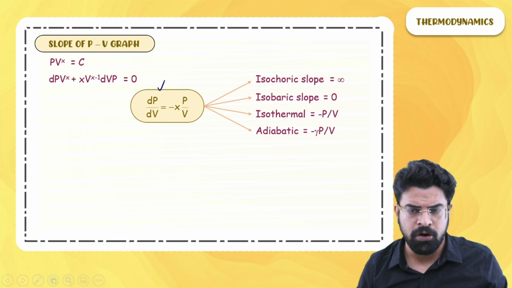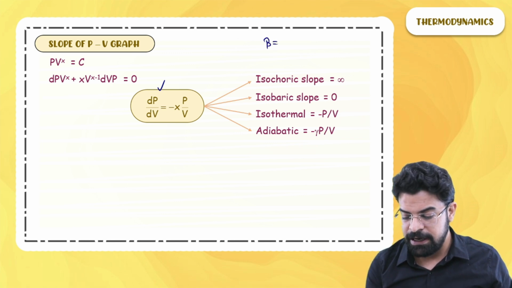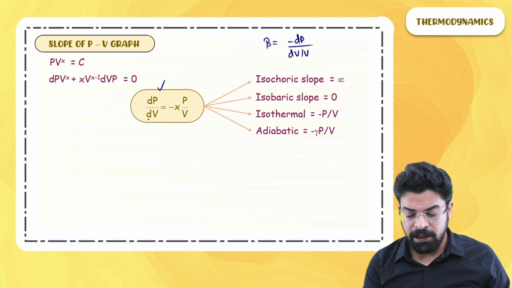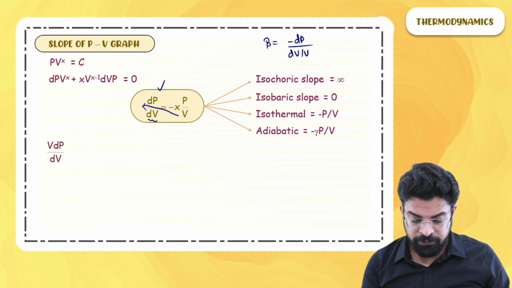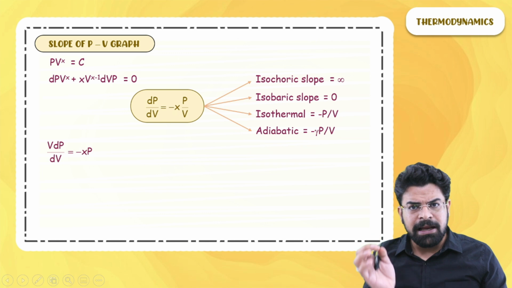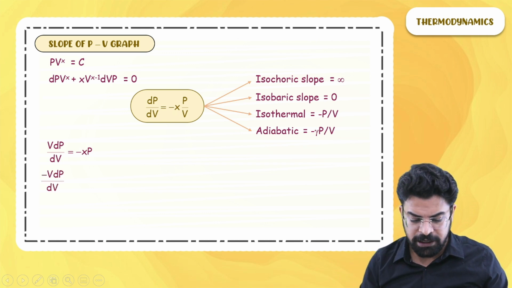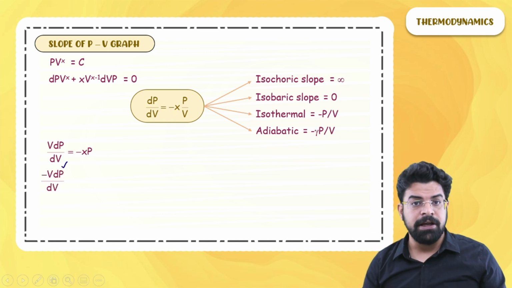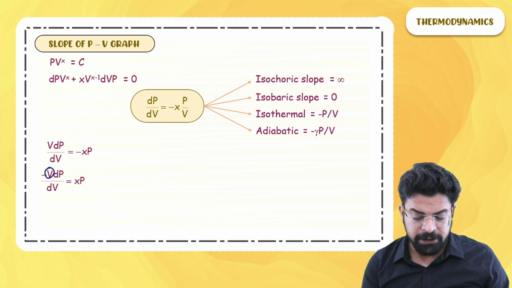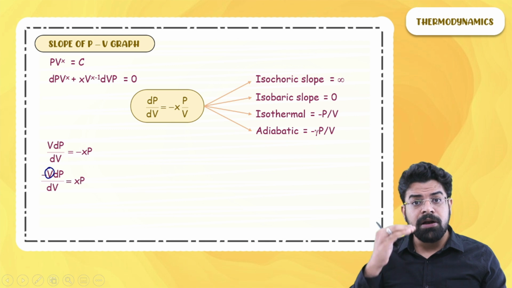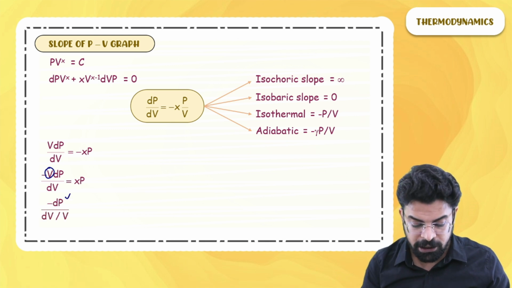which is called bulk modulus. Bulk modulus is given as minus dP upon dV by V. From here, if you bring the V upwards, you can write V into dP by dV equals to minus xp. Bring the minus sign also to the left hand side. So you get minus V dP by dV equals to xp. If you move this V from numerator to the denominator, you get minus dP upon dV by V